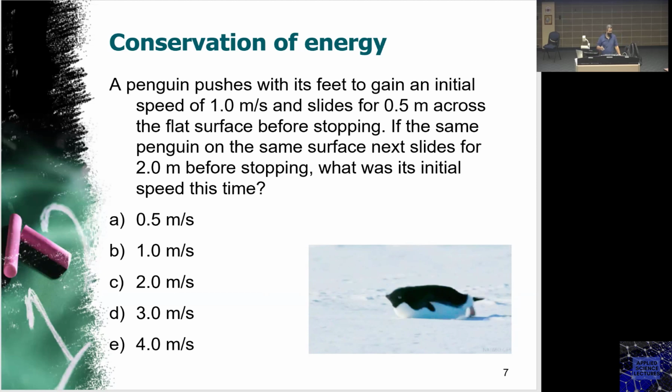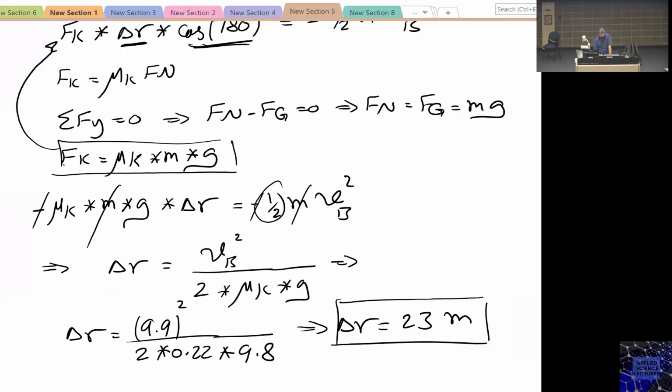How much do you think the speed he gave himself? Now we'll have to calculate that. It's not a straightforward thing, but it's a very useful example to give you an idea about the relationship between the speed with respect to the displacement. So in order to solve this problem,